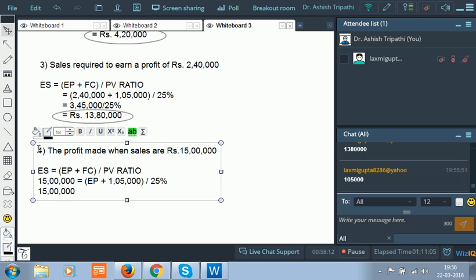So now if we calculate this, कैसा होएगा calculation? 15 lakh, ये 25% डिवाइड हो रहा है जो उधर वो इधर आएगा तो क्या होएगा? मल्टीप्लाई हो जाएगा, वो साइड में डिवाइड हो रहा है, that means ये साइड में मल्टीप्लाई हो जाएगा, is equal to expected profit plus 1,05,000. So 15 लाख का 25% कितना होता है? Into 25% will give you 3,75,000